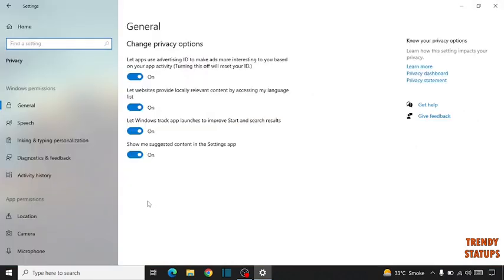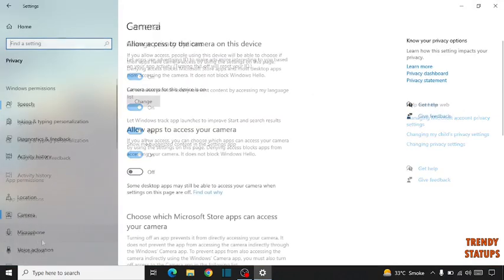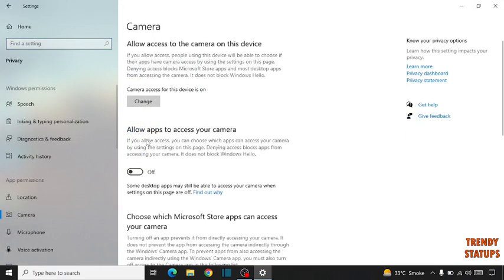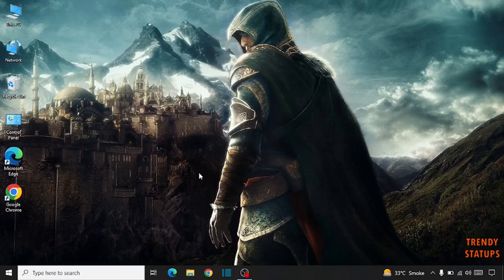and here click on Privacy. Click on Camera. Allow apps to access your camera. So turn on this and restart your PC. It may fix your problem, but if it does not, the second method is simply go to the Start button, right